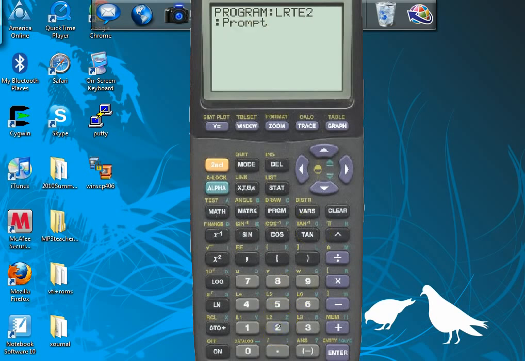So, and again, what am I prompting for? What am I asking the user for? A, B, and N. The f of x, I'm going to put that in y1 before I run the program. All right. Okay. So let's prompt the user. I'm just simply going to list them. I'm going to say alpha A, because I'm not in alpha mode, comma, alpha B, comma, and alpha N. Where's N? There it is. Enter. Okay. Now from that, I can figure out